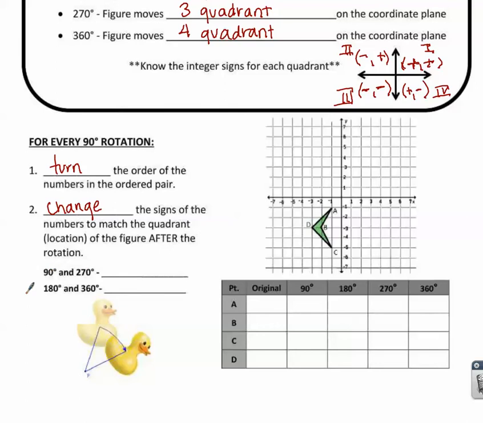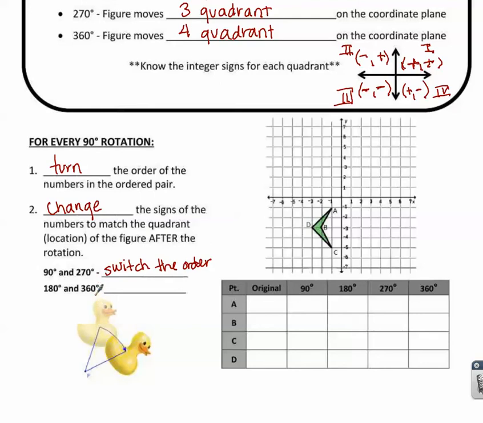So for your 90 degrees and your 270 degrees, the numbers in your ordered pair should be switched. However, in 180 and 360,